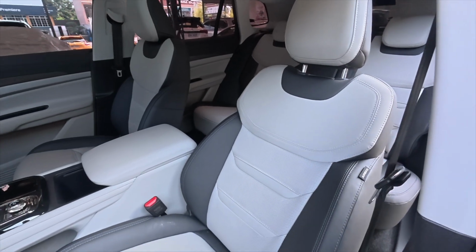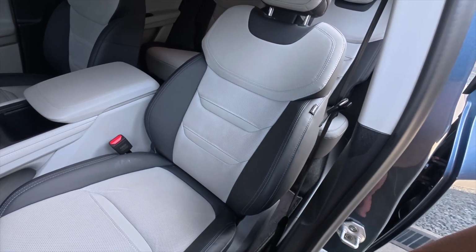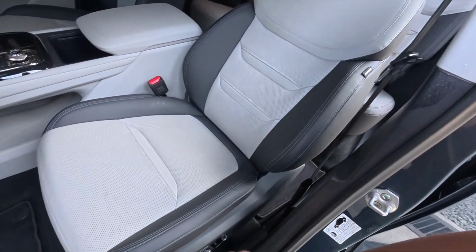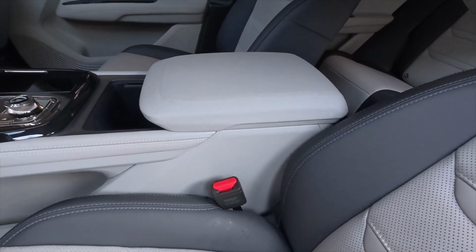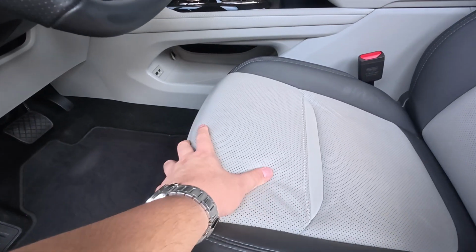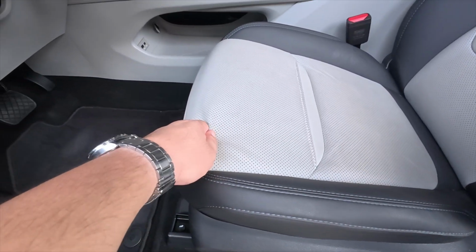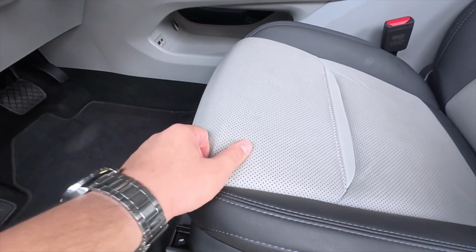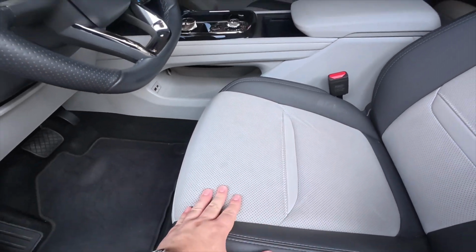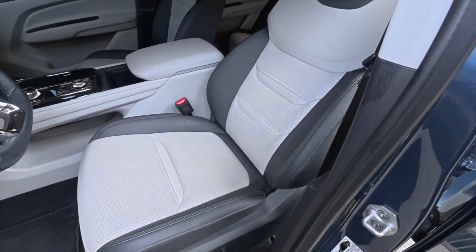All 5 seats of the Ford Territory come with a nice two-tone leather seat covers. The dominant color of these seat covers is this cream color, and adding contrast to it is a dark gray leather. Its center storage also comes with this nice cream color. And these seats are actually very soft, and the leather seat covers in here are very thick as well. So with this type of material, I'm sure that this will last a very long time without needing to replace. I'm sure that stains will be very visible in here, so you just have to be careful when you have